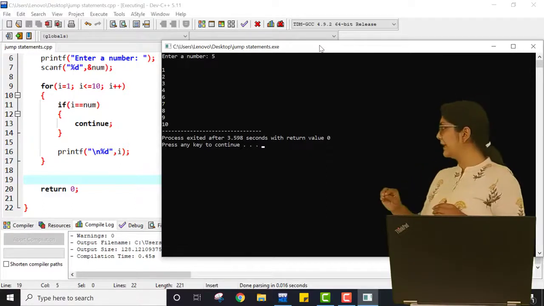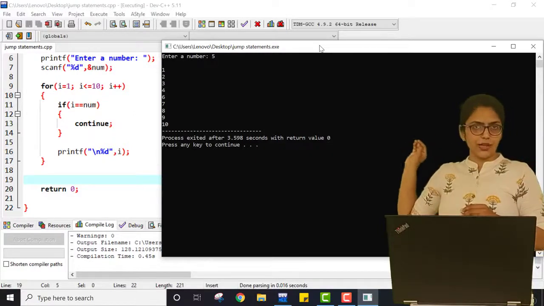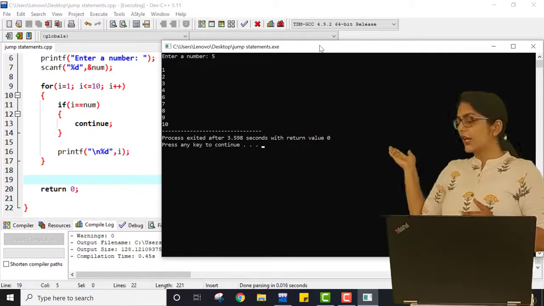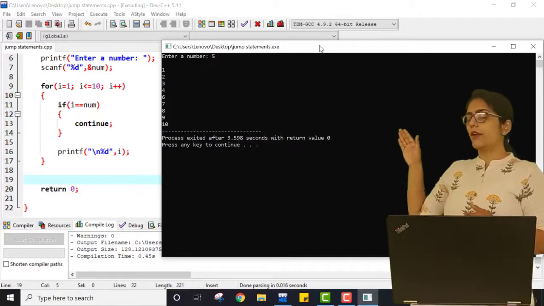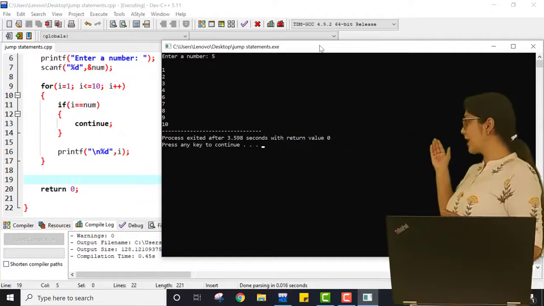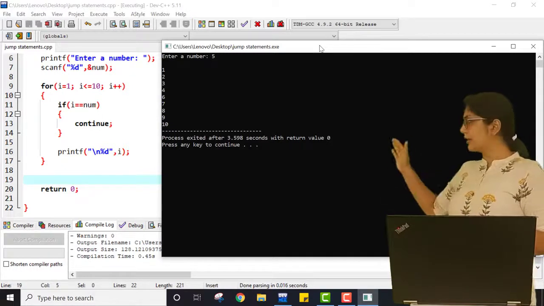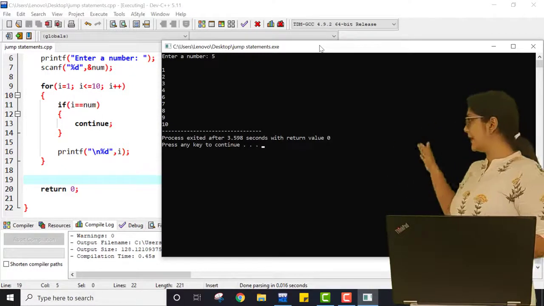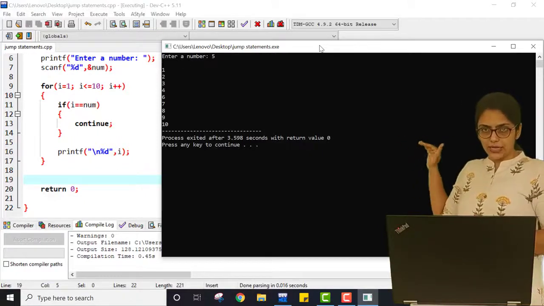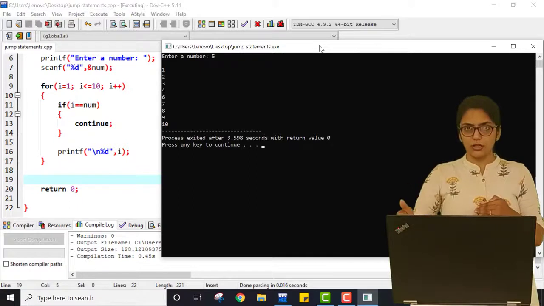Because what is happening? The value of i is first 1. It will check if 1 is equal to the value entered by the user or not. It is not, so control cannot go inside the decision making statement if. It will come out of the if and increment the value of i, which will become 2. Now it will again check, again print 2, again check for 3, again print 3, and so on till 4. Now the value of i becomes 5 and the condition is true. So the decision making statement returns true and the control will go inside the if. Inside that I have written continue. That means I just want to skip the rest of the current iteration.